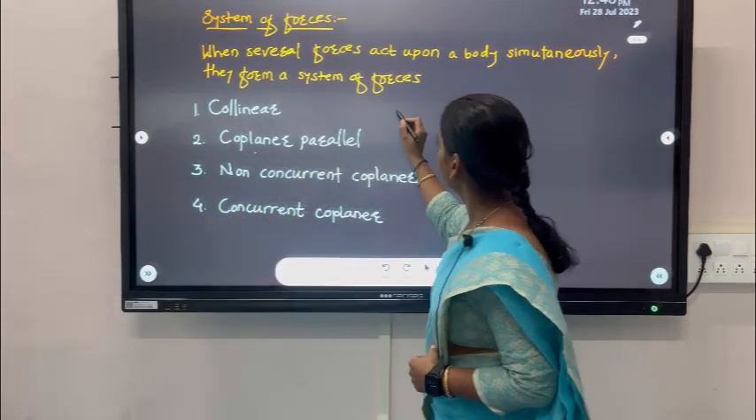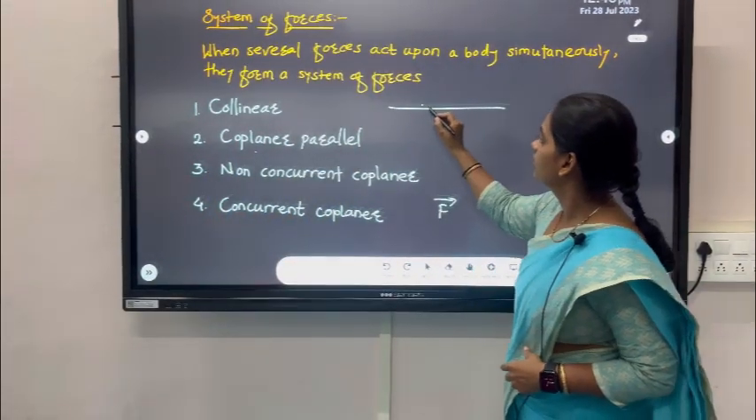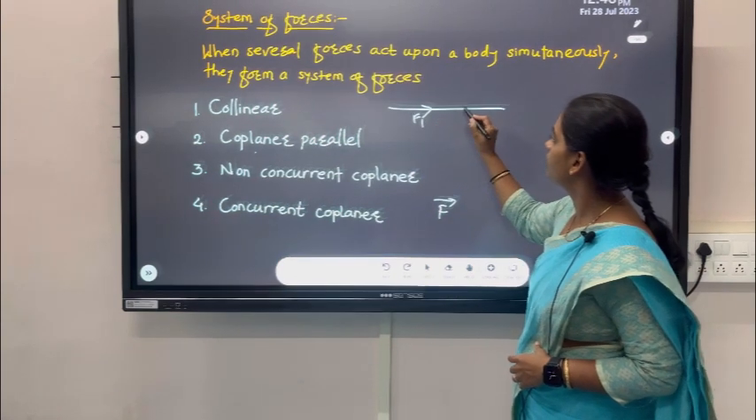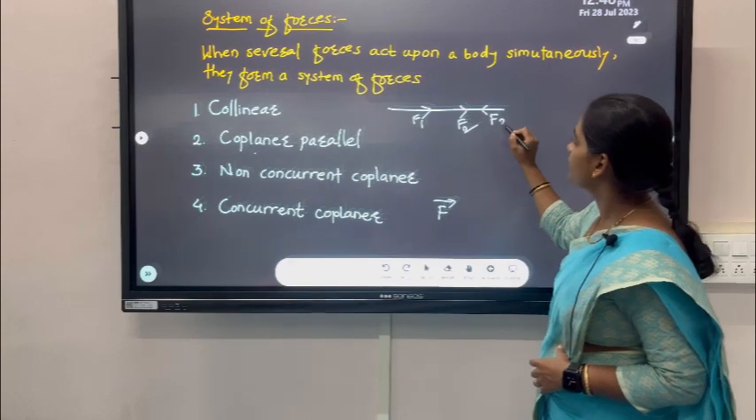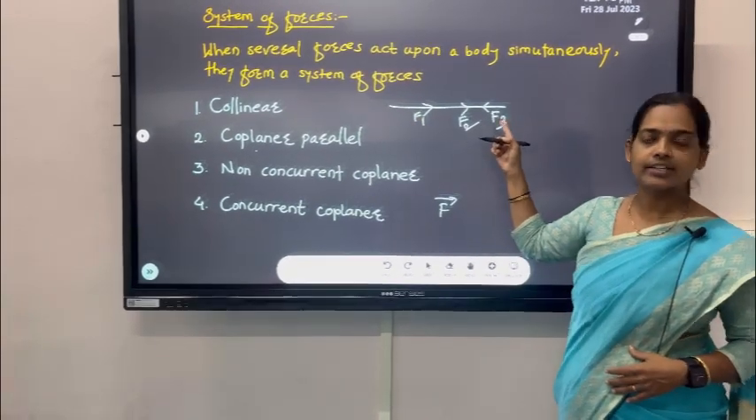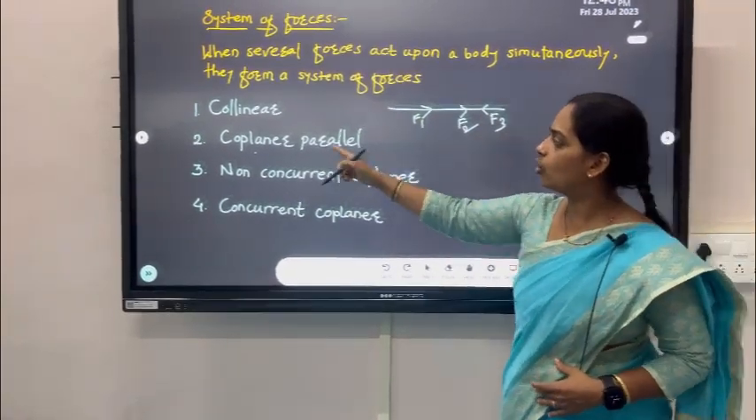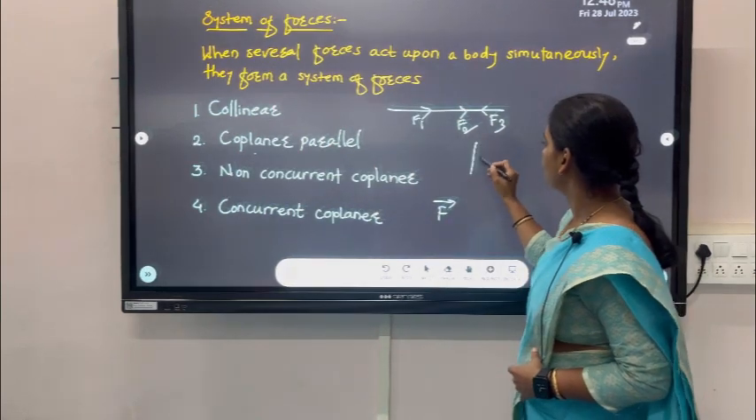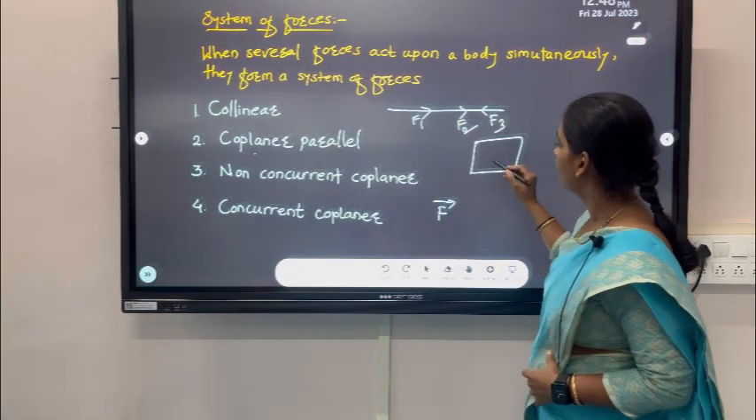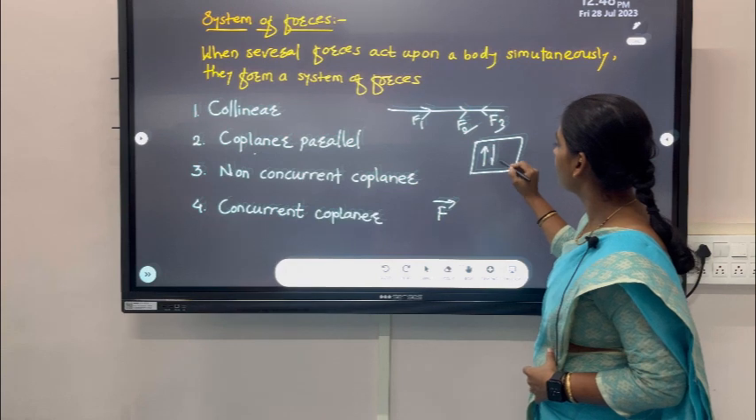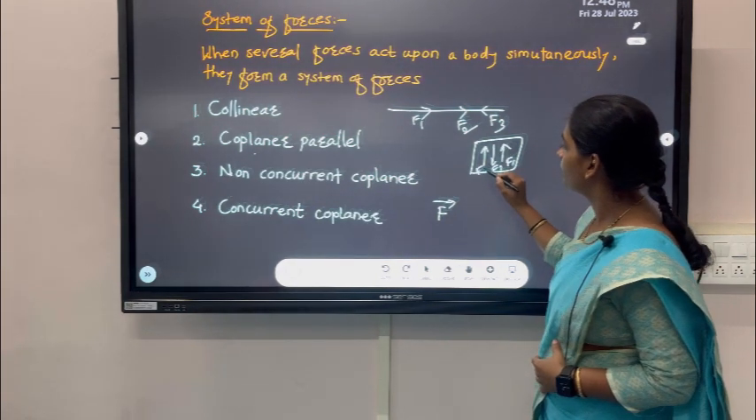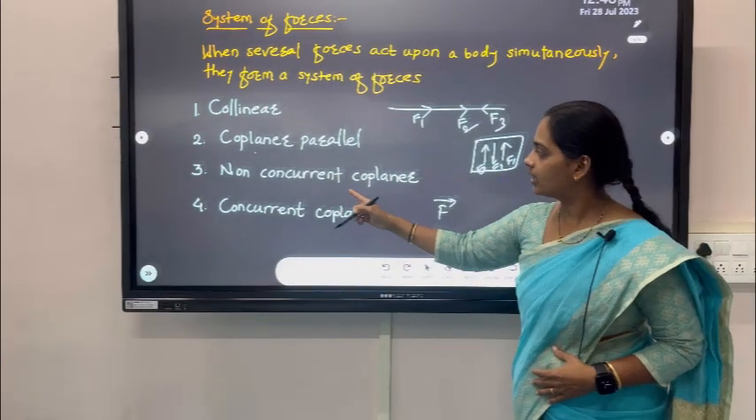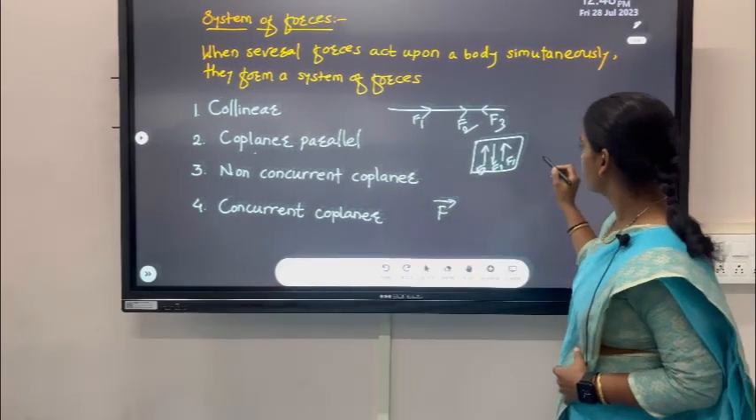What is collinear? Suppose these are the forces, suppose F1, F2, F3, these are the forces along one line, that is why it is called as collinear. Then coplanar parallel, suppose this is a plane and all the forces are parallel to each other, suppose F1, F2 and F3, alright. Then non-concurrent coplanar, that means